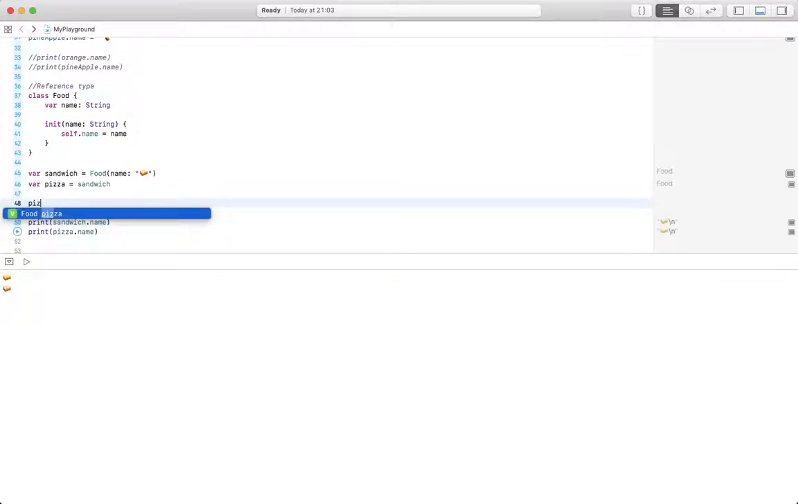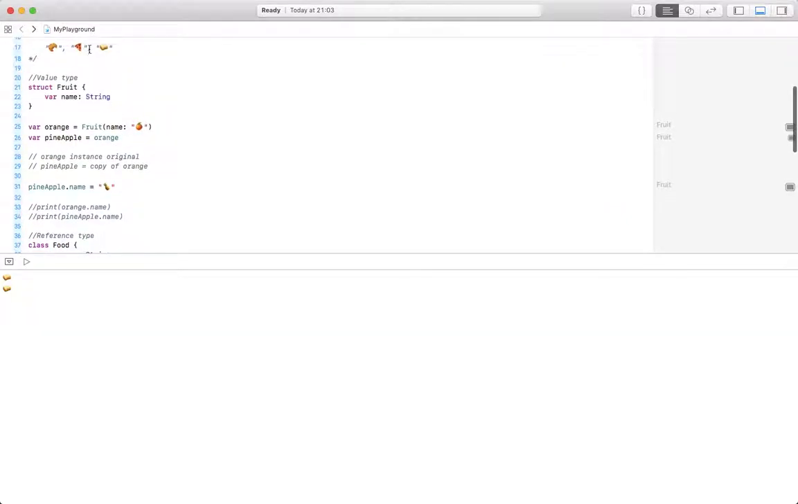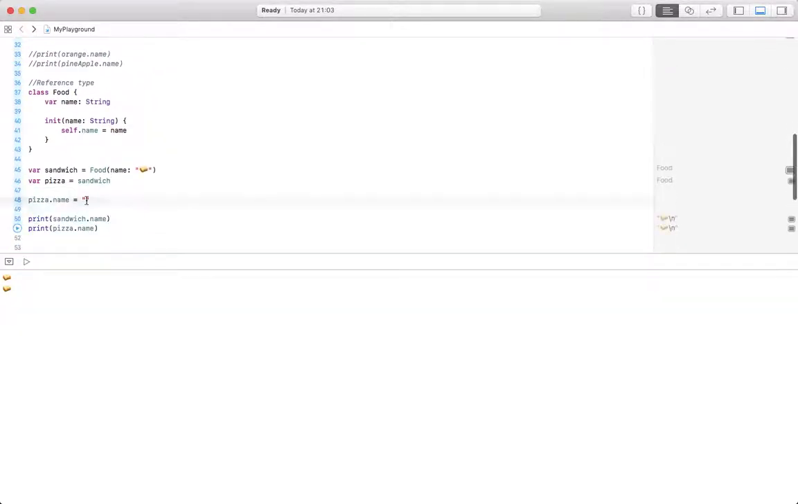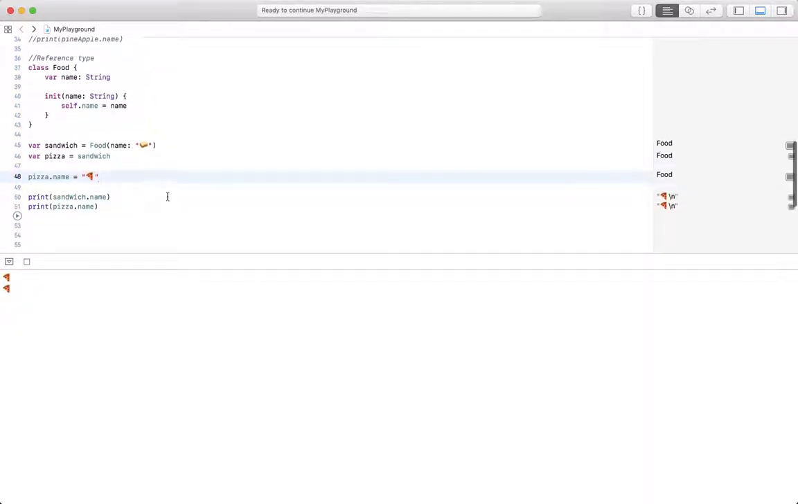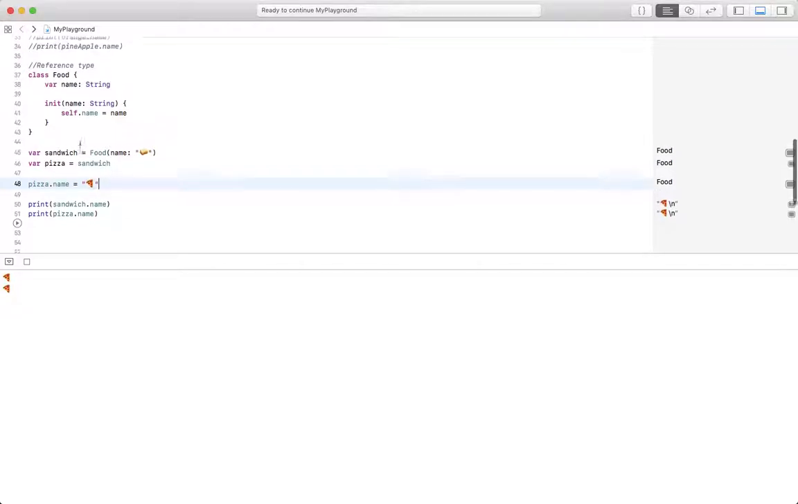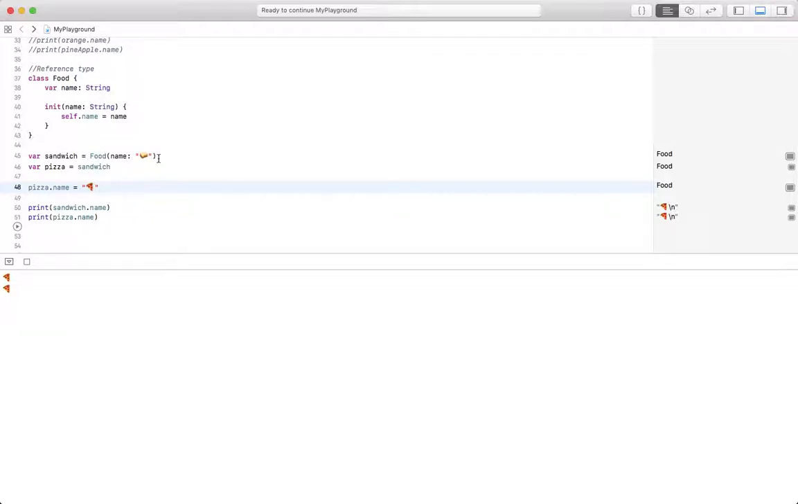And what will happen if we want to set the proper name to the pizza? It's the proper emoji, and let's run. Now both the pizza instance and the sandwich instance have the name pizza, and that's how reference type works. Why is it so? The reason is that when we created the sandwich, it created an instance of the food, and we assigned the sandwich to the pizza. We're not making a copy,